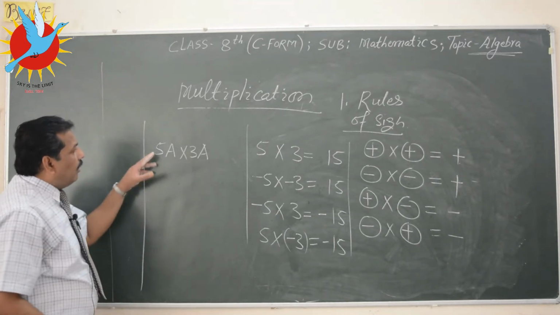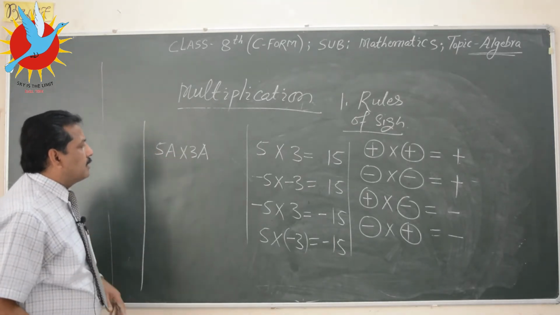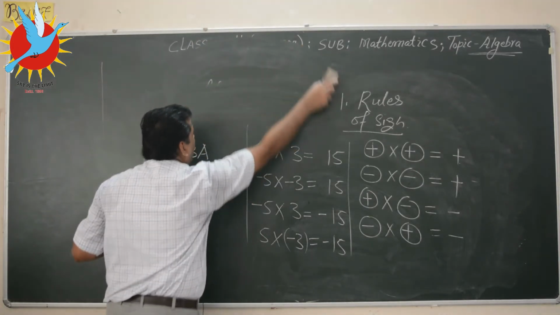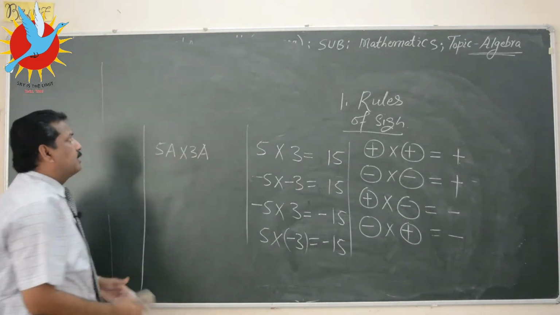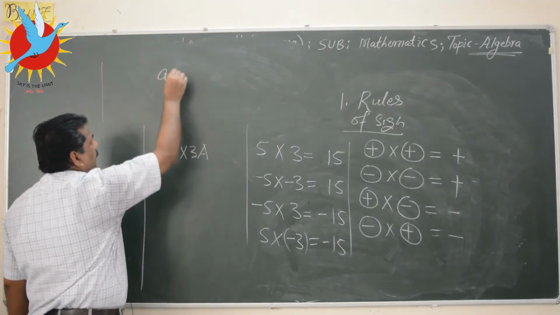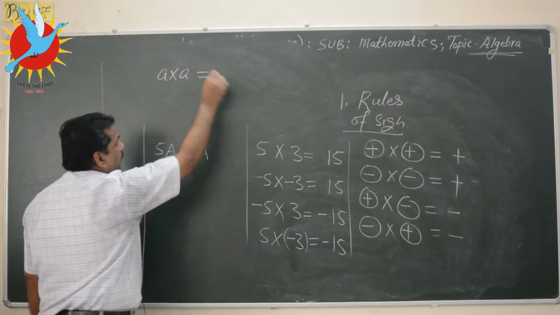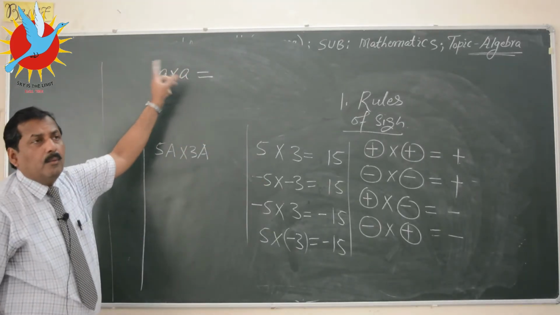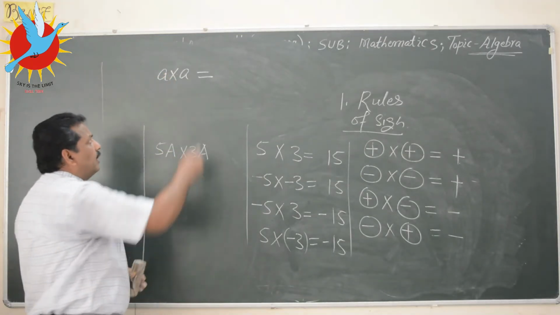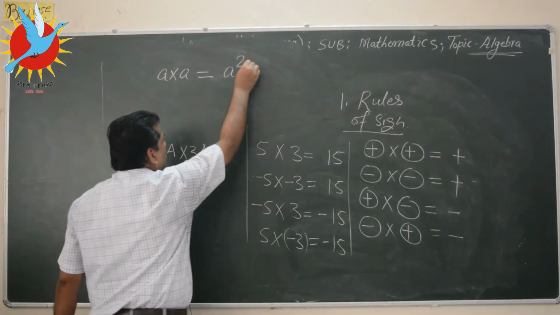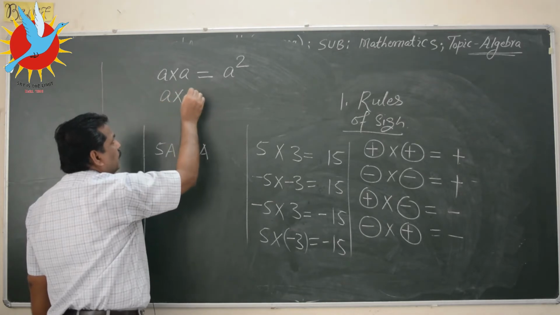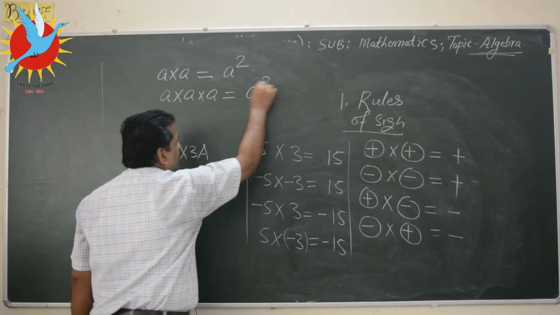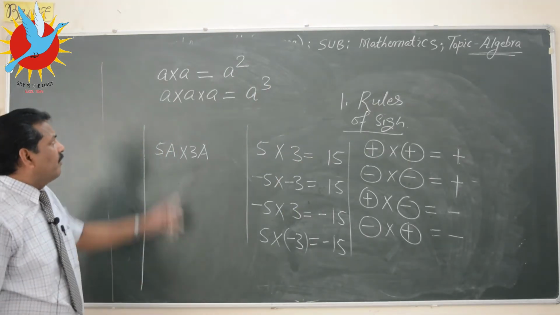So this is plus and plus. And before that, let me again refresh your idea of exponent. If a is multiplied by a, how is it written? The power of a is 1, here the power of a is 1, both powers are added, so 1 plus 1, and this is written as a square. And a into a into a is a to the power 3. You must be already aware.